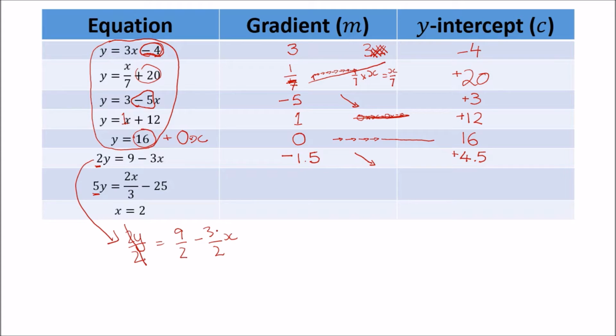And you could even leave it in this form here, negative 3 on 2, because for gradient that's easier, because that's telling you it's falling 3 for every time it runs 2. So you can have a particular point that you're starting from, might be the y-intercept, and you can go down, down, down, so a fall of 3 and a run of 2 across, across. Plot your next point, use a ruler to draw a beautiful straight line. Okay, this one here,